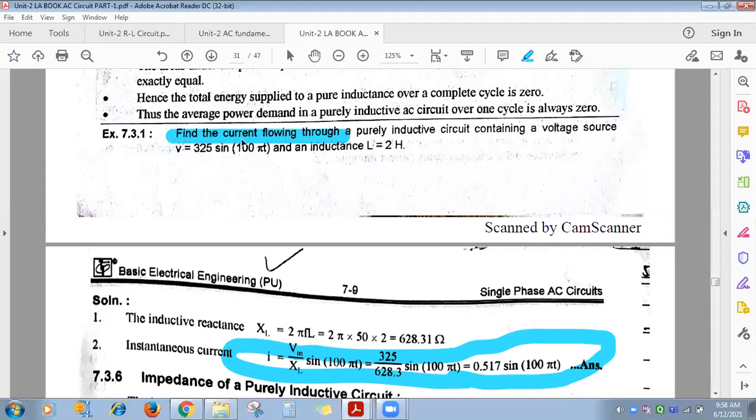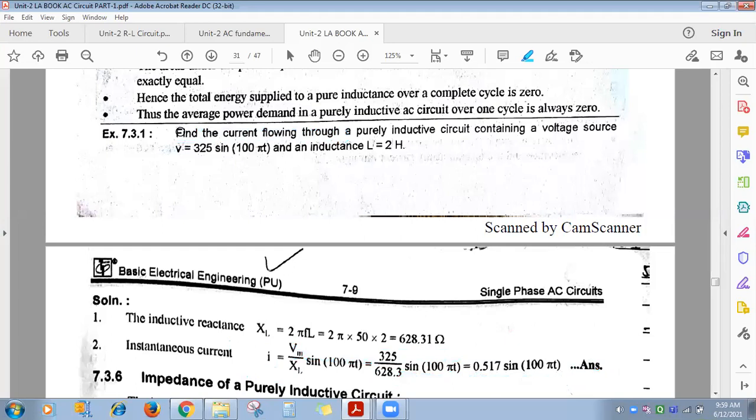The conclusion is, whenever you are asked to calculate the current or calculate the voltage, you have to find the RMS value. And if the examiner wants you to find the instantaneous current equation or voltage equation, they clearly mention find the instantaneous current equation. So first we find the instantaneous current equation, and then using that, the IRMS value.